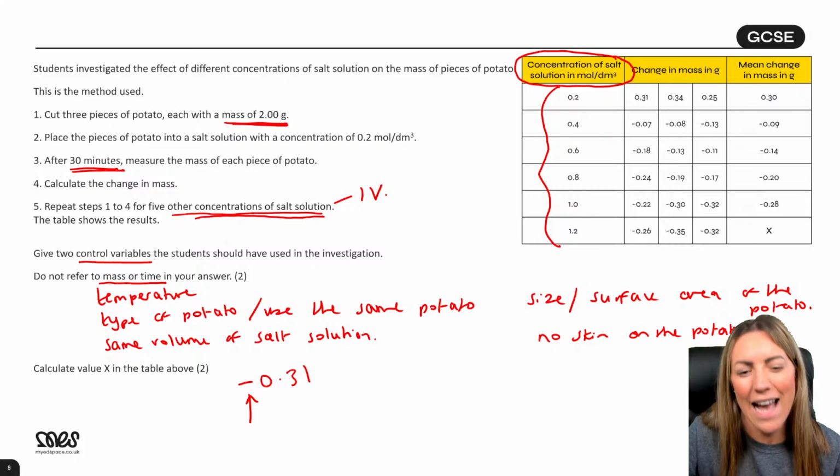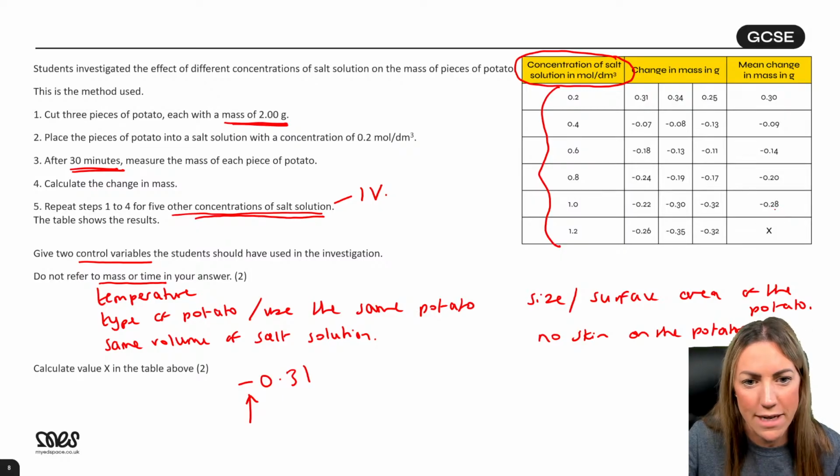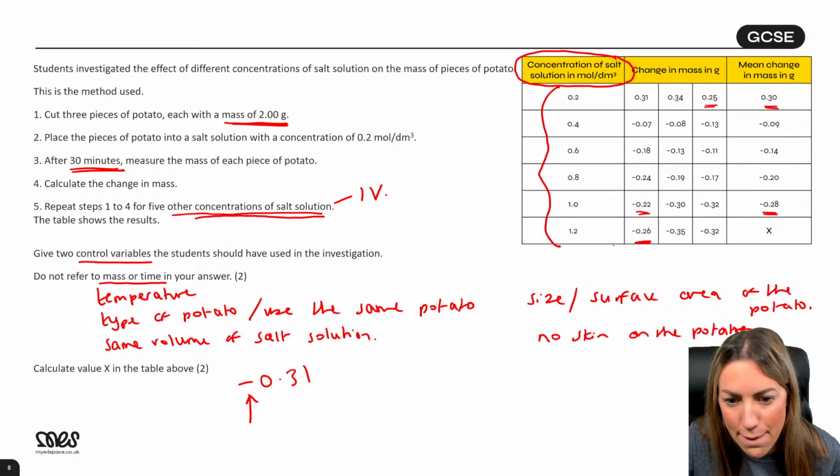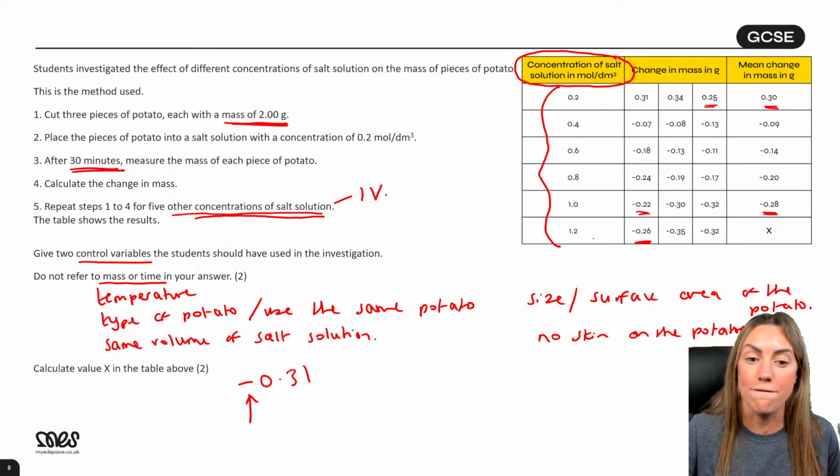Yeah, Ash, I kind of thought is minus 0.26 an anomaly. But if you look at the other calculations, and again, this is like a hint for you to do in an exam, like here, you might think that minus 0.22 is an anomaly, but if you look, they have included that in their mean. And this first one, you might think that 0.25 is an anomaly, but they have included that in their mean. So you can include this in your mean, but the second mark is for that minus sign, okay?